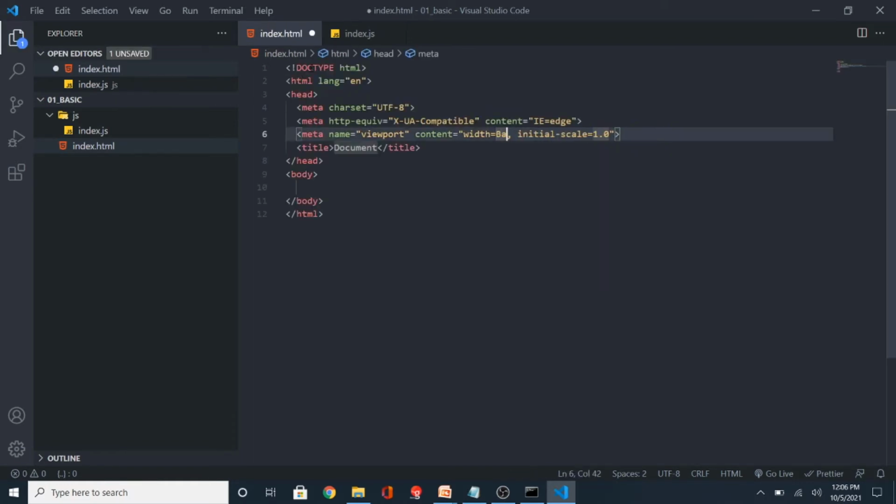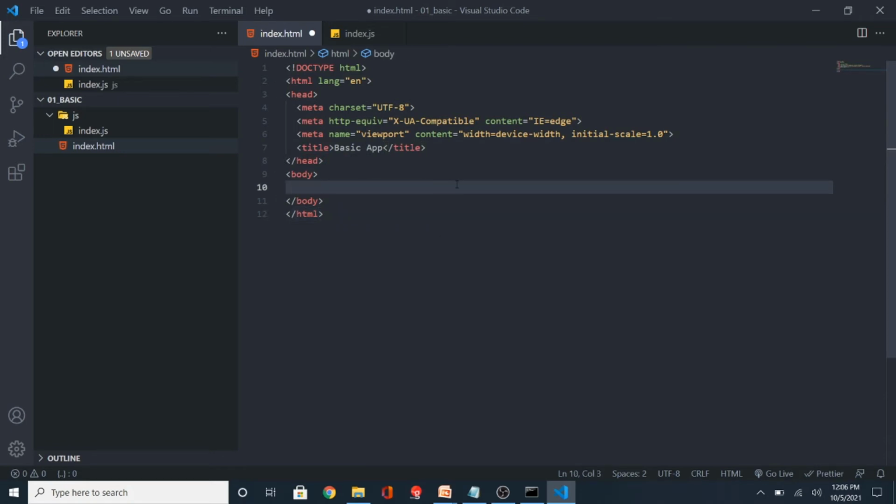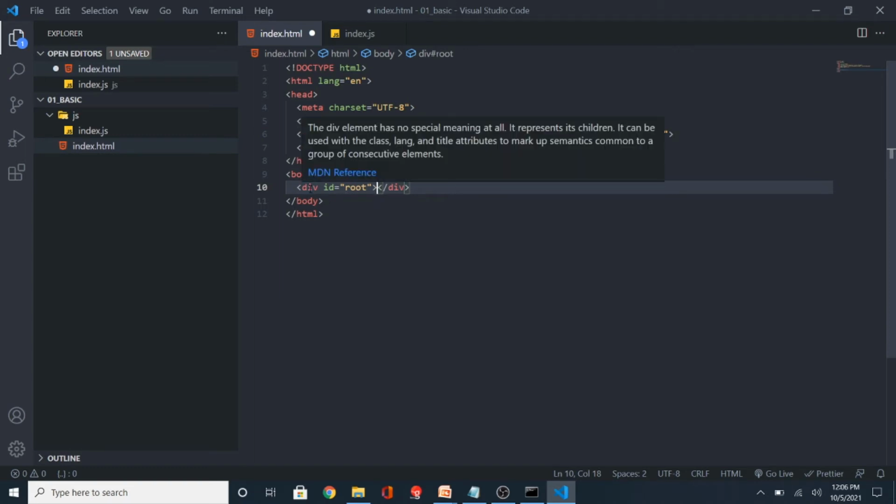So this is my basic app. Okay. Now see here what I'm doing. I'm just creating one section and this is going to be my root. Slowly you will be getting each and everything.